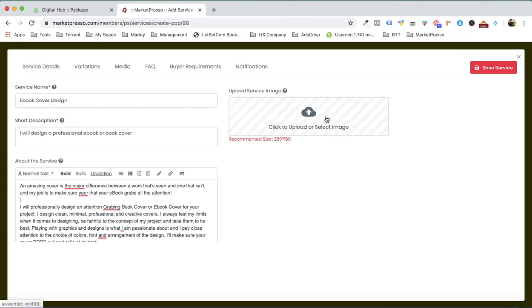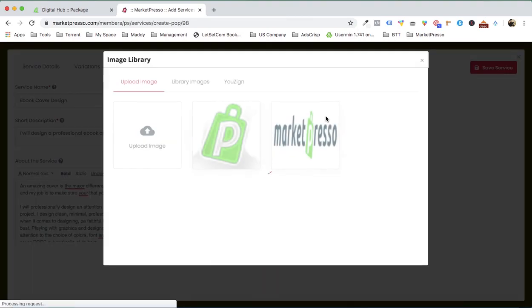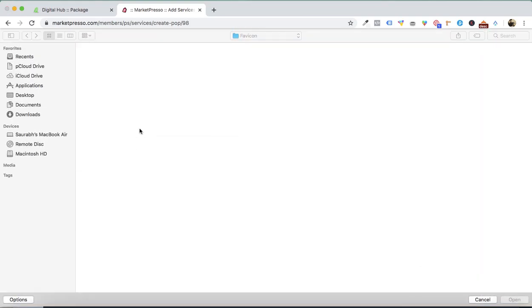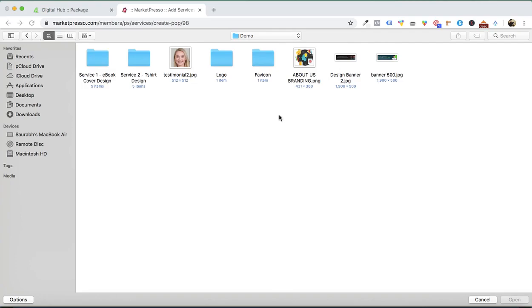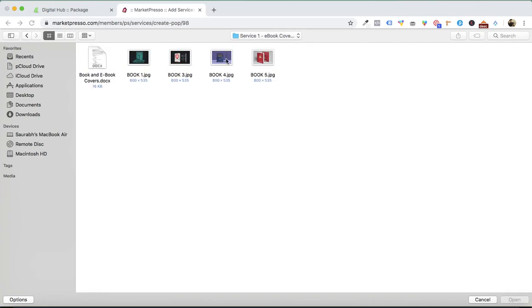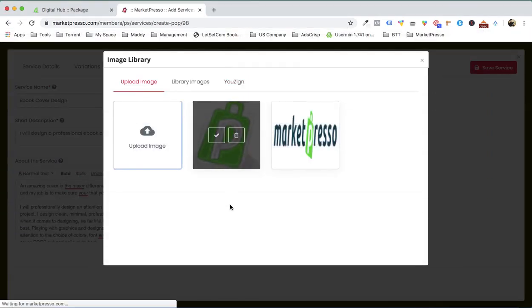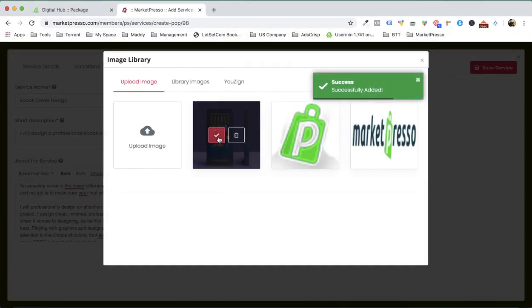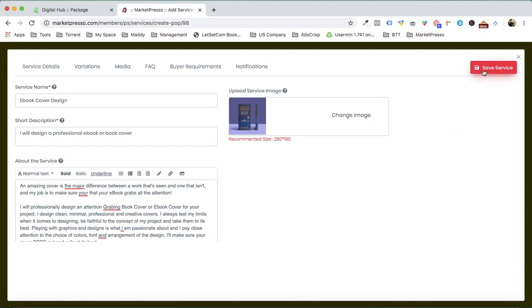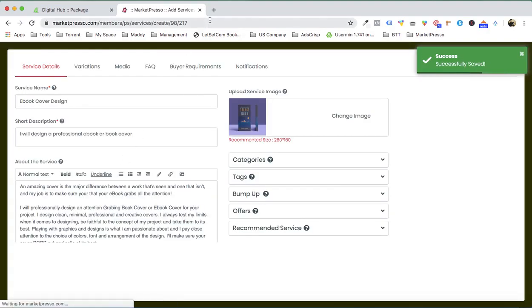And then we can upload a service image right over here. All right, so I'm gonna go over here. I'm gonna go back to the demo. All right, and then I have the images right over here, so I'm gonna click over here and I'm gonna select an image. All right, okay, so I have this image, and then I'm gonna save the service. All right, I'm gonna save the service. Now we created